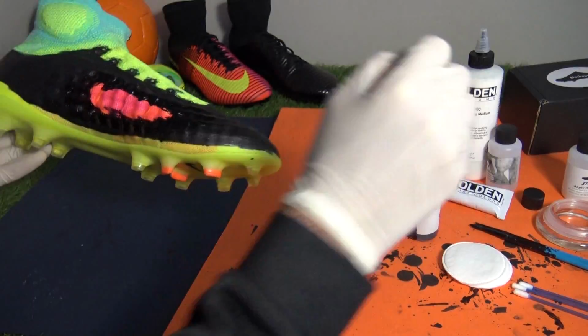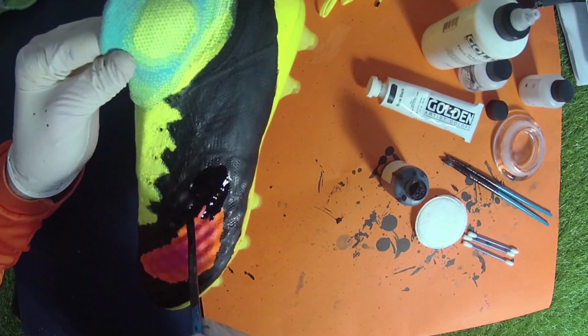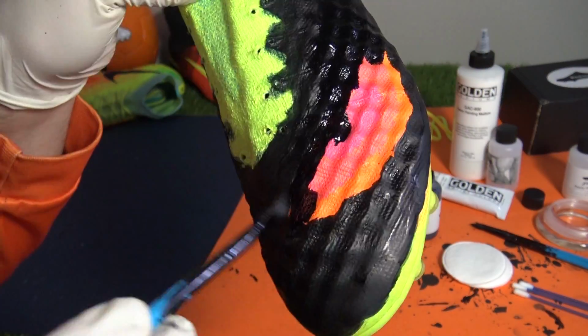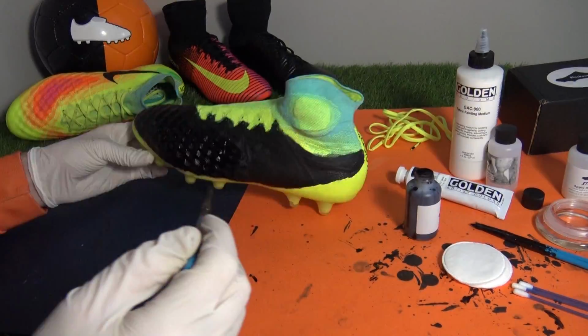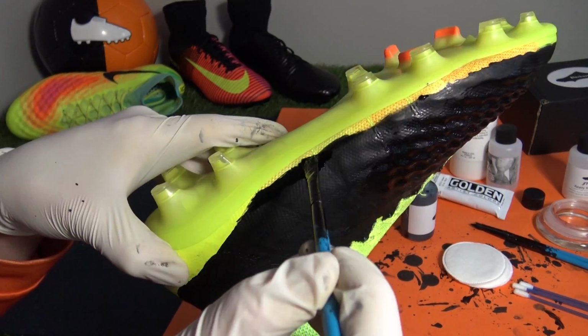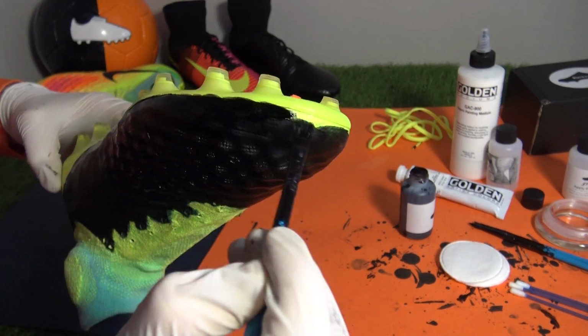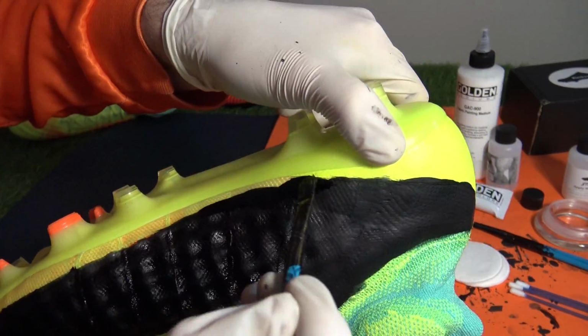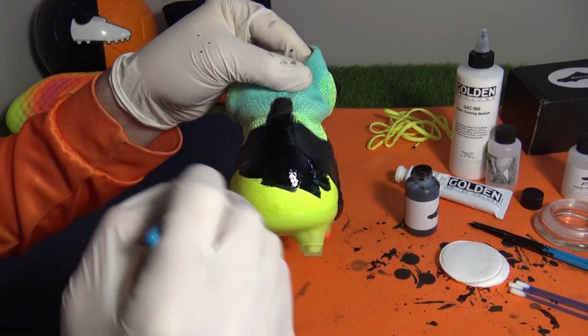What do you think? The more textured detailing around the dimpled upper means that dabbing the brush in small movements is actually much better than stroking the brush across it like on the side panels. Using a finer brush or edge of the brush, this is when and how you can go back to neatly dye around the sole plate. Being ultra careful isn't overly essential if you're spray painting the sole like us, which we'll be doing later in the video. The final first coat of dye is coating the heel tab, which has Magista branding,